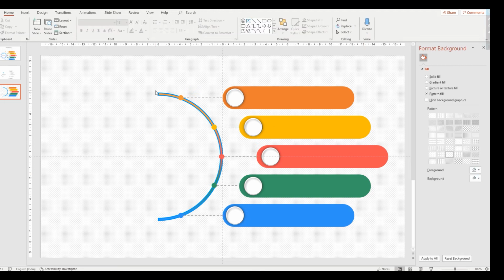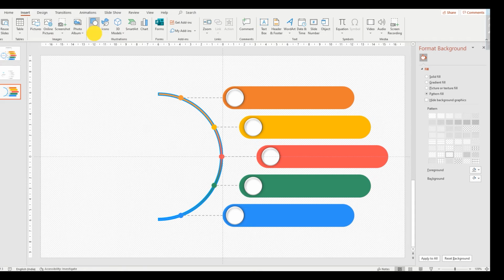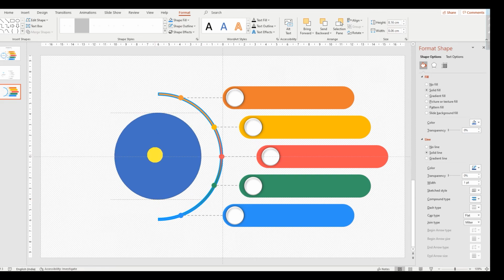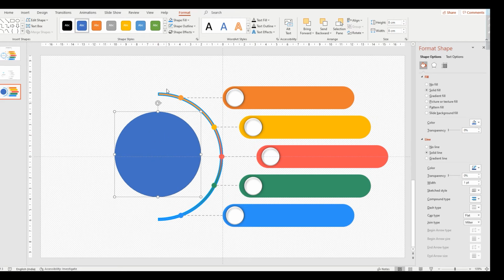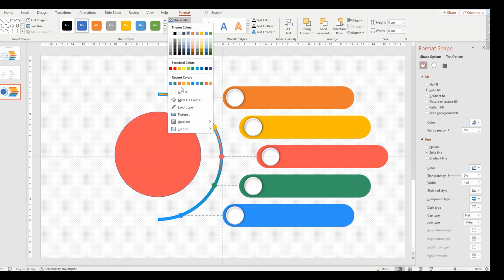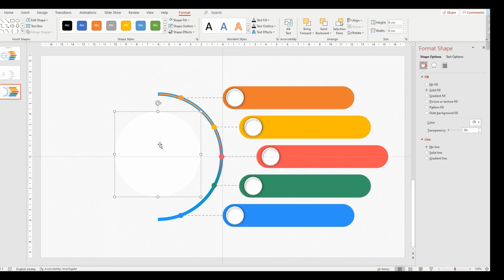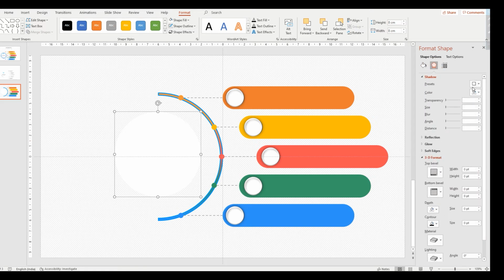Now what we are going to do means we are going to create a circle. Eight by 8. So this circle, make it a color, remove the outer line, make it a white color, remove the outer line. Here what we are going to do, give the shape effect, inner.